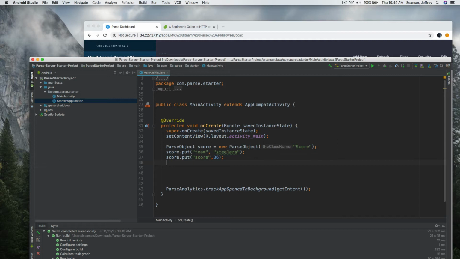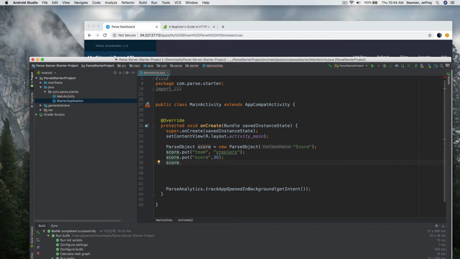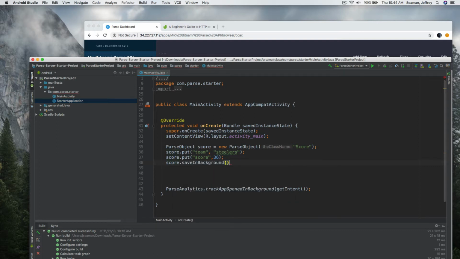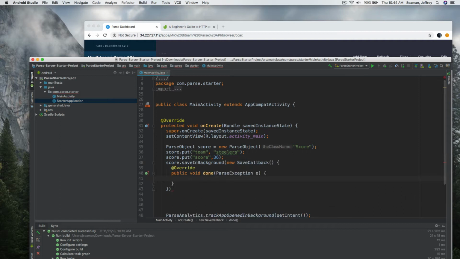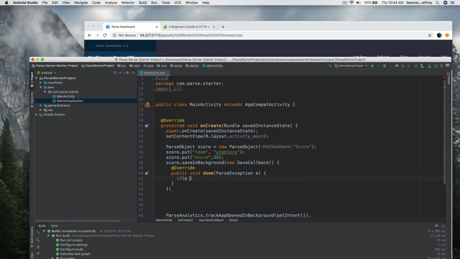Now we need to save this information. So what you do is you name your object, score, and we do dot saveInBackground. It should automatically come up, saveInBackground. And then what we do is we type in a new class, and we'll call it new. So what's our new intent? We'll call it SaveCallback. What it does is it creates an exception for us in case it blows up. We need to track it in case that happens. So what we're going to do here is say if e, for exception, equals null. So if it equals null, then what we're going to do, come down here,